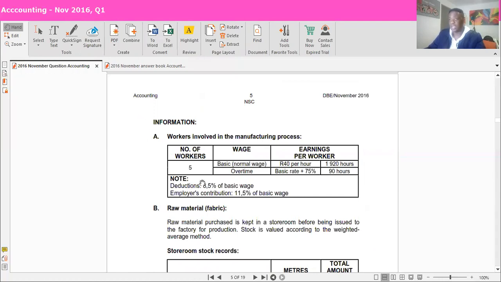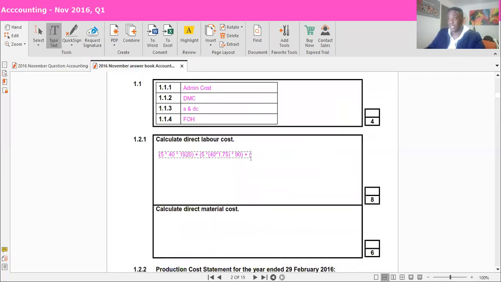Remember, guys, how do we calculate the basic wage? When we calculated the basic wage, it's 5 employees multiplied by 40 Rand per employee, and then multiplied by 1,920 hours, and that should give you 384,000. And then the employer was being told they contribute 11.5% of that. So what you need to do then is to say plus,